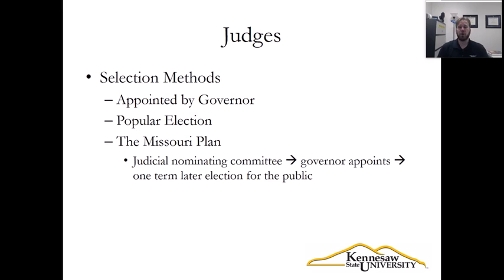So the way that judges are appointed or elected varies a little bit across states. In some states they're appointed by the governor, and in other states there's just a popular election. I believe Georgia is an election state, where there's an election just like for the governors and things like that, and you would then be charged with electing your judges. This involves a little bit of politicization of the system, I guess.